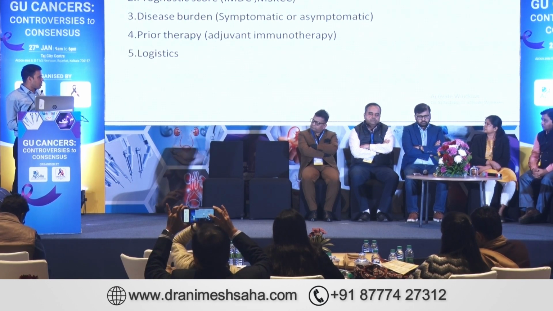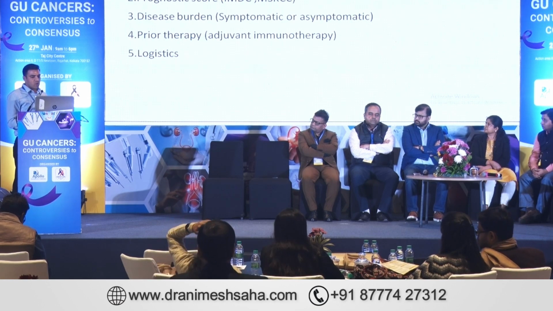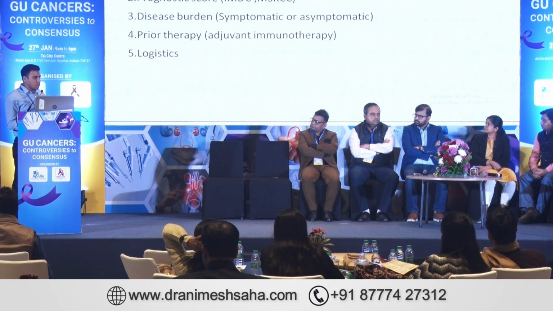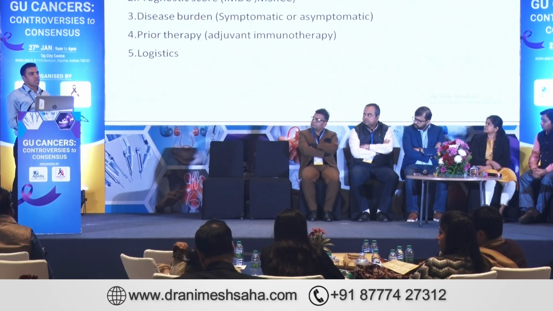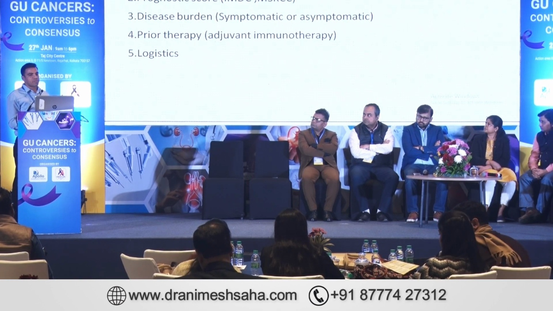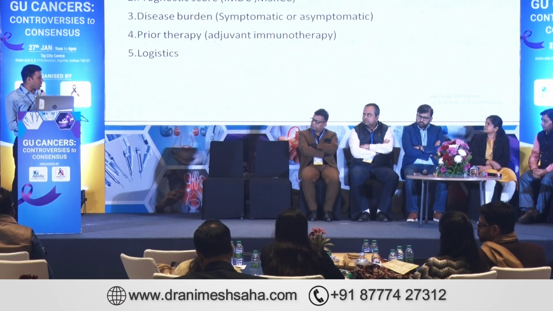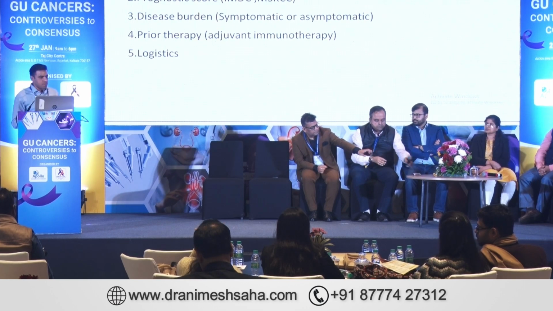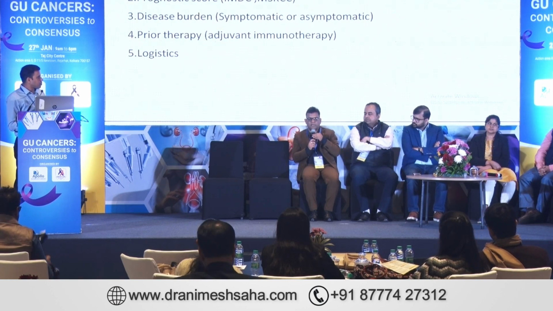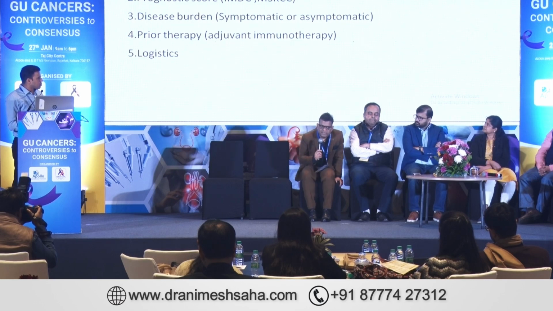Now, Dr. Sambit, when we see this sarcomatoid or rhabdoid component, we are worried as clinicians. We find that these patients are mostly in the IMDC poor or intermediate risk. That means bad biology. So how do you define this sarcomatoid and rhabdoid component in your patient on your samples? And as you said, mostly the studies are on the clear cells.